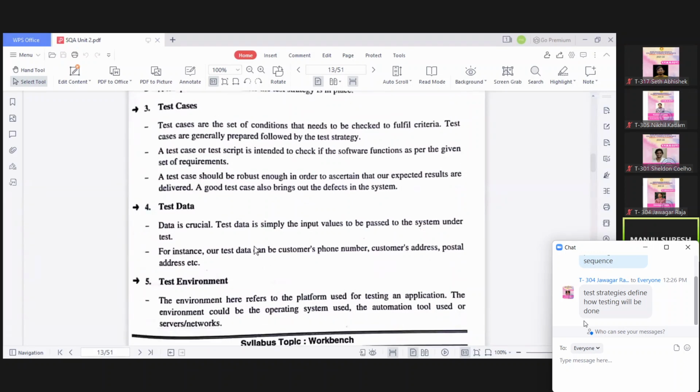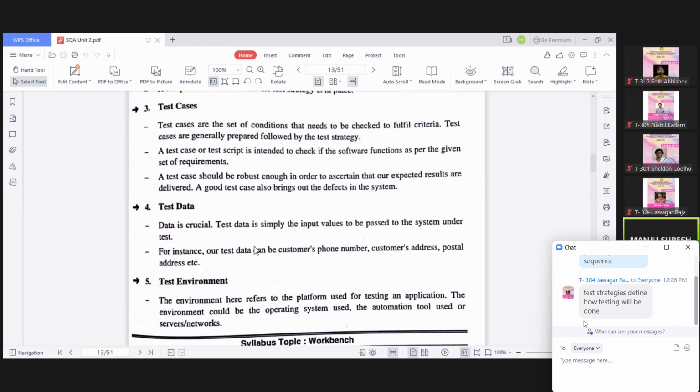See, all these are called artifacts, testing artifacts: test case, test data, test environment. Okay, test data is clear. The data which we give to test your system. What kind of data you give that way. And test environment is the platform on which you will be testing. It can be automated tools you can make use of, or you can do it manually also.